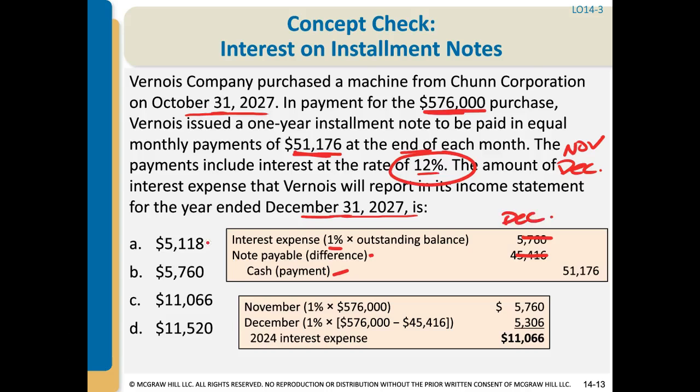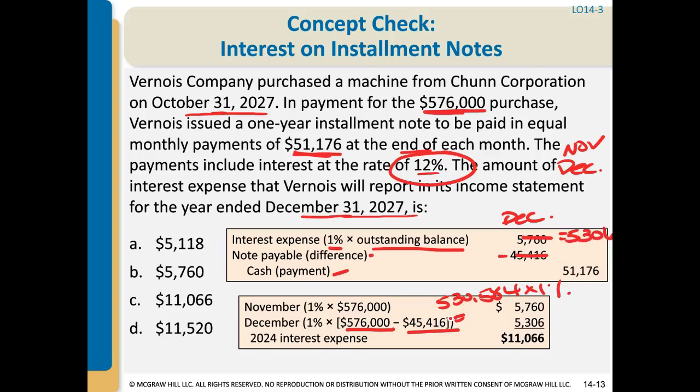My December interest expense amount is going to be 1% times my outstanding balance. My outstanding balance is my beginning balance of $576,000, except that in November, I reduced my note payable by $45,416. So when you take that number, that equals $530,584, and you multiply that by 1%, and you get